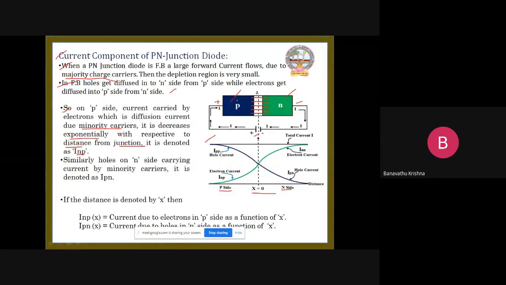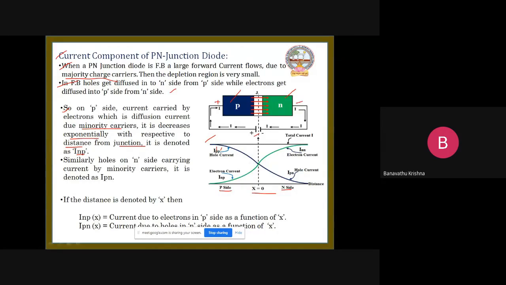Here the charge carrier concentration is more. So due to this forward bias condition, the current generated is more than the initial current. By increasing this voltage, the carriers are moving from the p side to the n side and from the n side to the p side. So then I_pp means whole current on the p side. It is more, by increasing the forward bias, by increasing the external voltage. Then the charge carriers